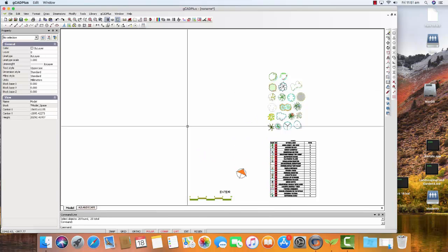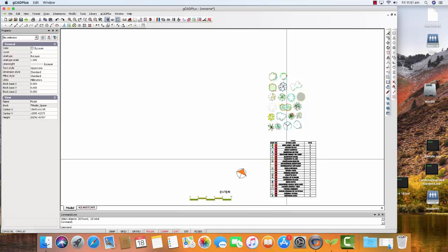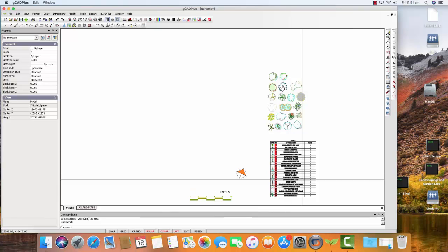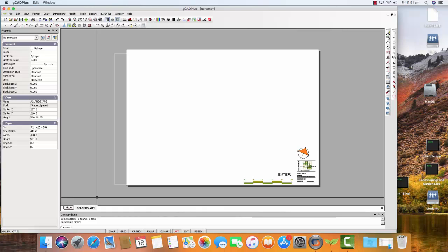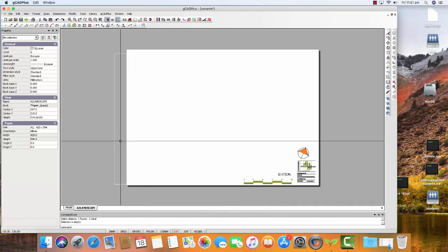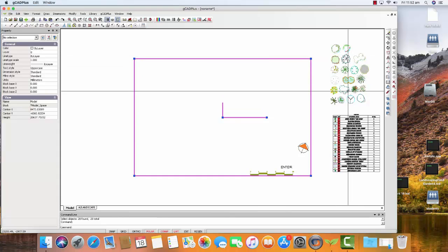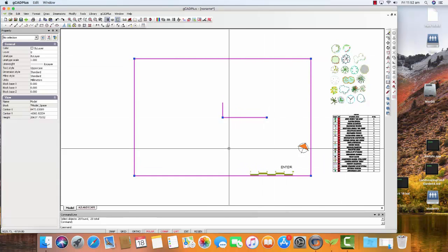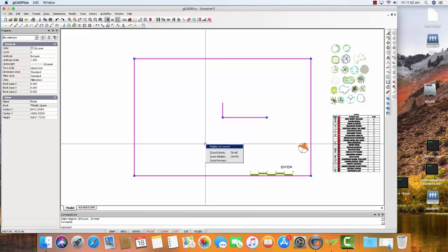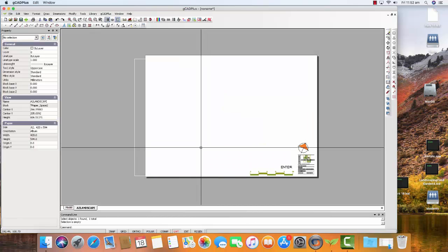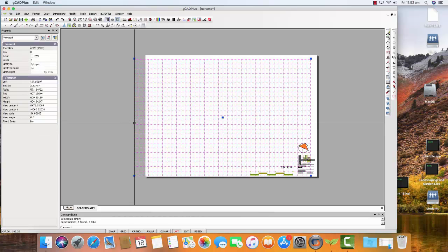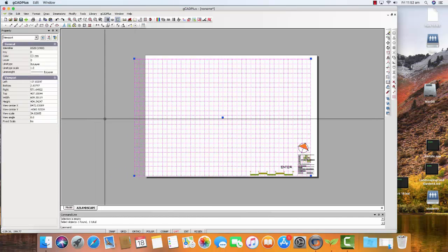We can do some cleaning up of layers and so on in a moment, but what I wanted to demonstrate is we'll even leave the plant schedule there just for the moment. So we'll go back into landscape view, and we're not seeing the schedule because it's outside of the floating viewport. Let me just illustrate. You can see over here to the right are our symbols, and there's our plant schedule. We'll leave them just for the moment and say we're going to display on the layout sheet. I won't bother setting the scale of the layout sheet,